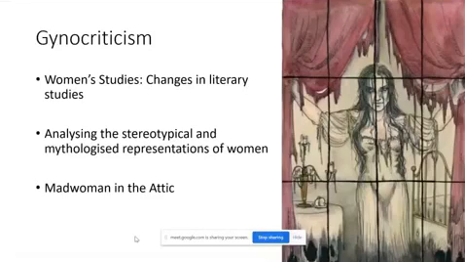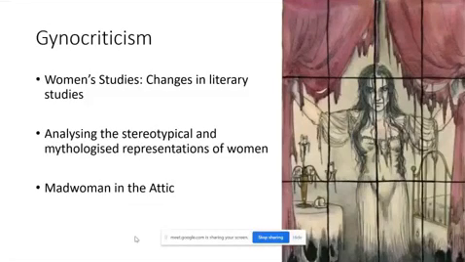Another thing which gynocriticism did was it looked at the language used by women authors. In fact, there was a university professor of English, Elaine Showalter, who was at the forefront of this movement, and she even wrote a book called A Literature of Their Own. So this is an iconic text from this period. But I think the most iconic text would be The Madwoman in the Attic, which came out in